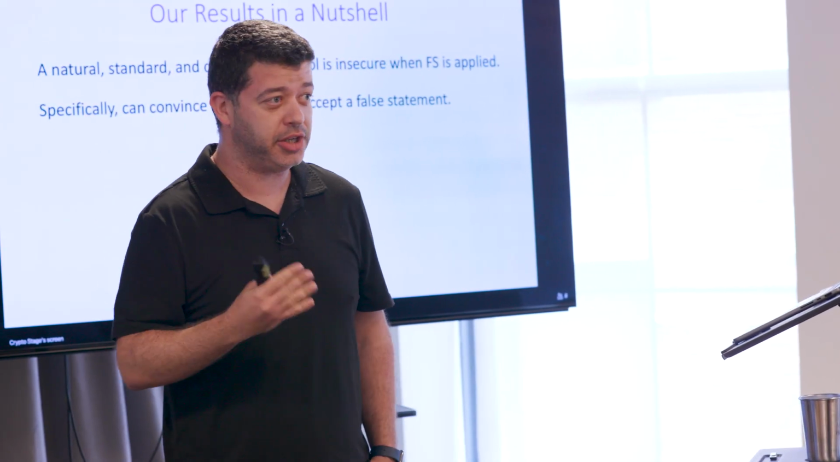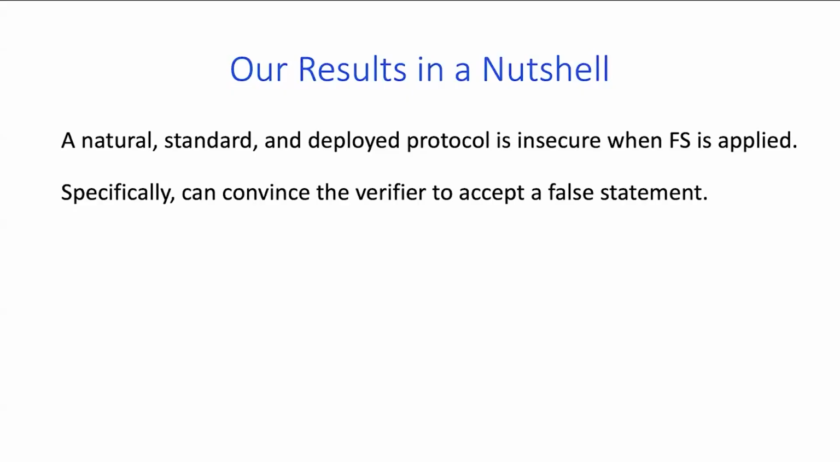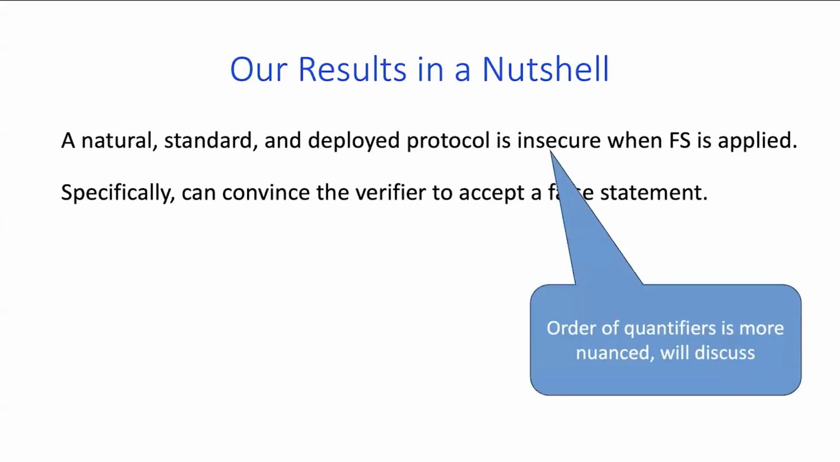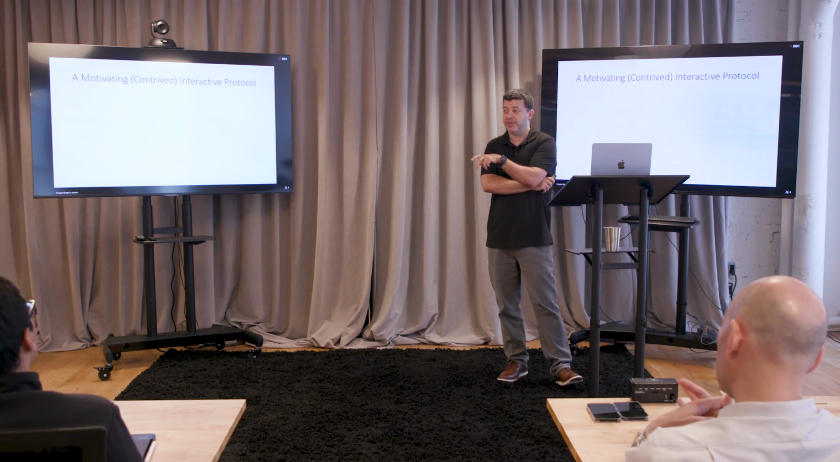these papers show that it's secure interactively, but we show an attack when you compile using Fiat-Shamir. And by an attack, I mean that we can actually convince, it's fully explicit to Elaine's question, we can convince the verifier to accept a statement that is blatantly false, and we're going to see it. The order of quantifiers here is a little bit nuanced, so I'll write a more or less formal theorem statement soon. So before showing you our actual attack, I want to start off with a motivating example,